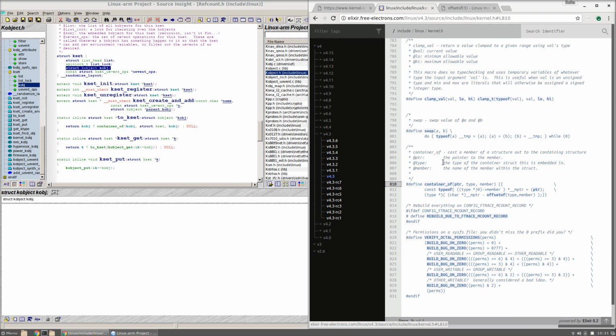So just to clarify this, we have an object which is pointed to by ptr, and the object is of type and has a member. container_of will return a pointer